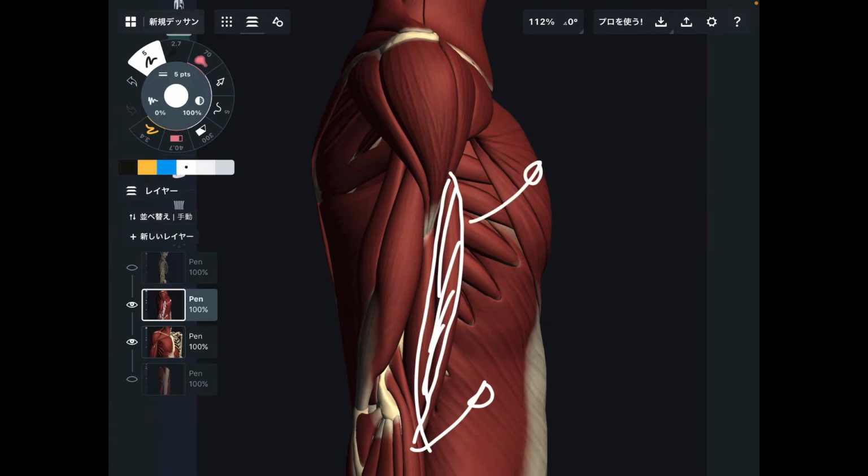Well, I said I'm going to explain two muscles, but let me explain a little bit more. Next one is this one. This is brachioradialis. This muscle also crosses the elbow joint. Yep, this muscle does elbow flexion. What if this brachioradialis gets tight? That brings the elbow to flexion.